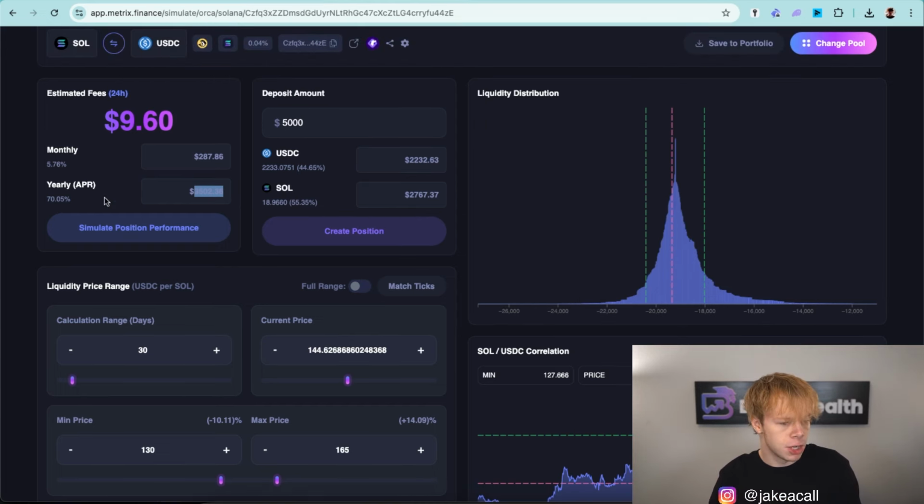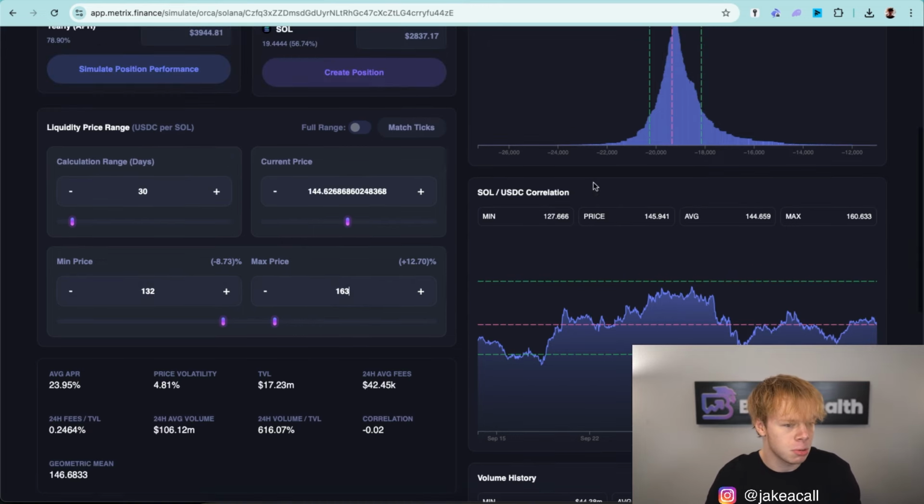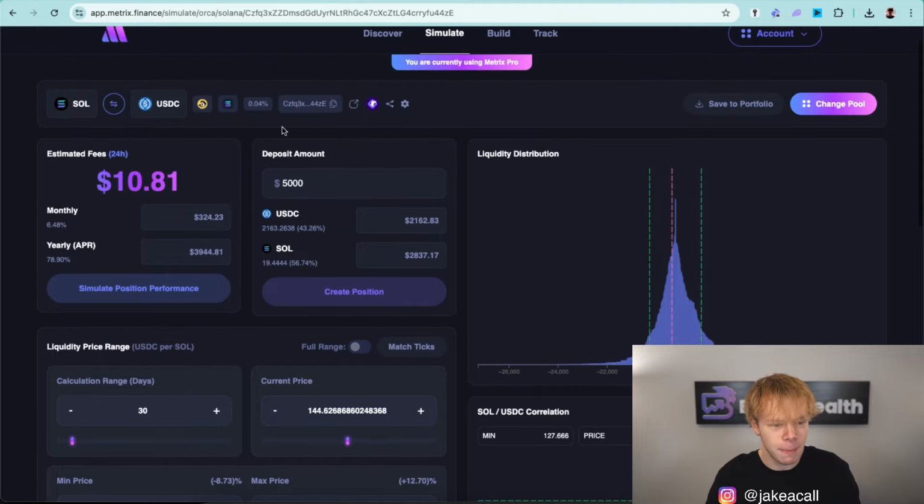So looking over at this position, this is doing about a 70% APR after we adjusted our range, but that's still not anything too crazy. And when we look at the past 30 days, we are still in range for the past 30 days had we were to enter over here. So what I am going to do is bring my min price up just a little bit more to 132, and then I'm going to bring my max price down to like 163. That will get us to about a 78% APR, and from there I am going to save this to my